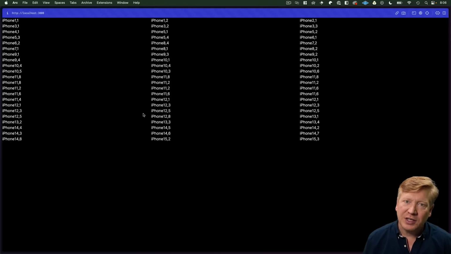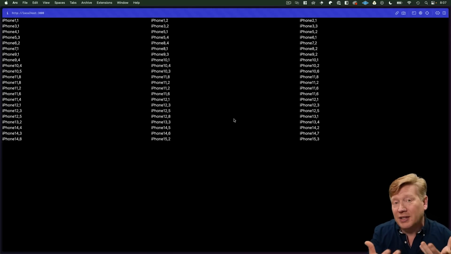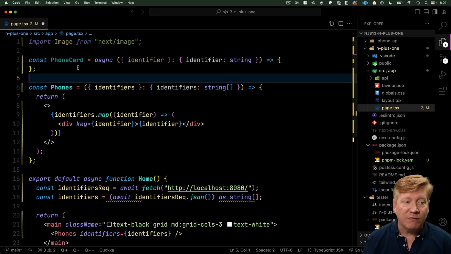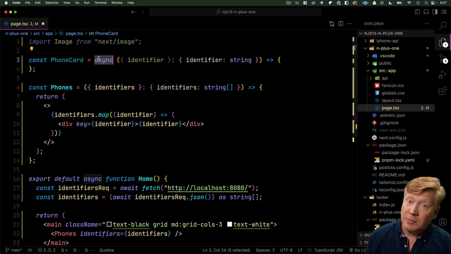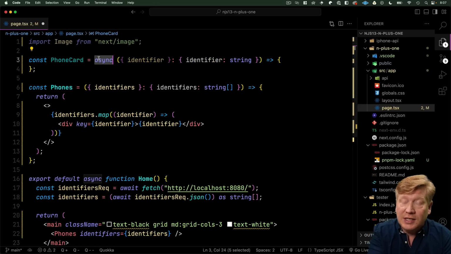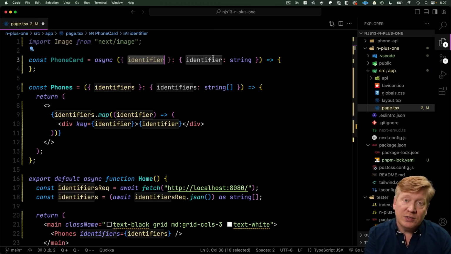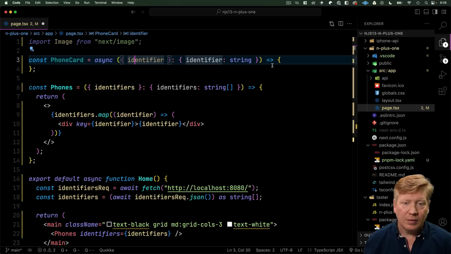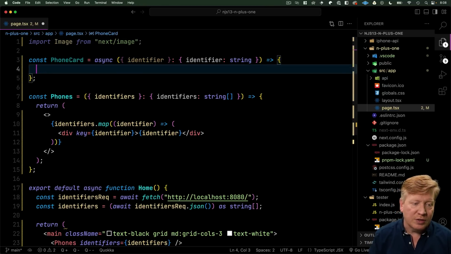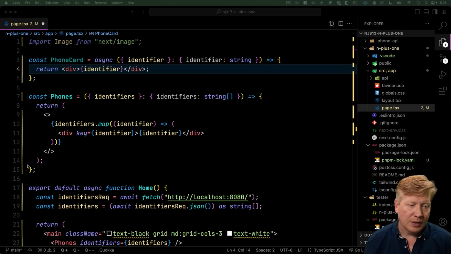Looks pretty good. Looks like a 3-column layout. That's good. Let's go now build out the cards so that it looks good. So I'm going to build out the phone card. It's going to be an async component because it's going to go off and get the data that it needs to show that card. It takes an identifier and it then runs the fetch to go get the specific data for that phone. But for the time being, I'm just going to return this div,